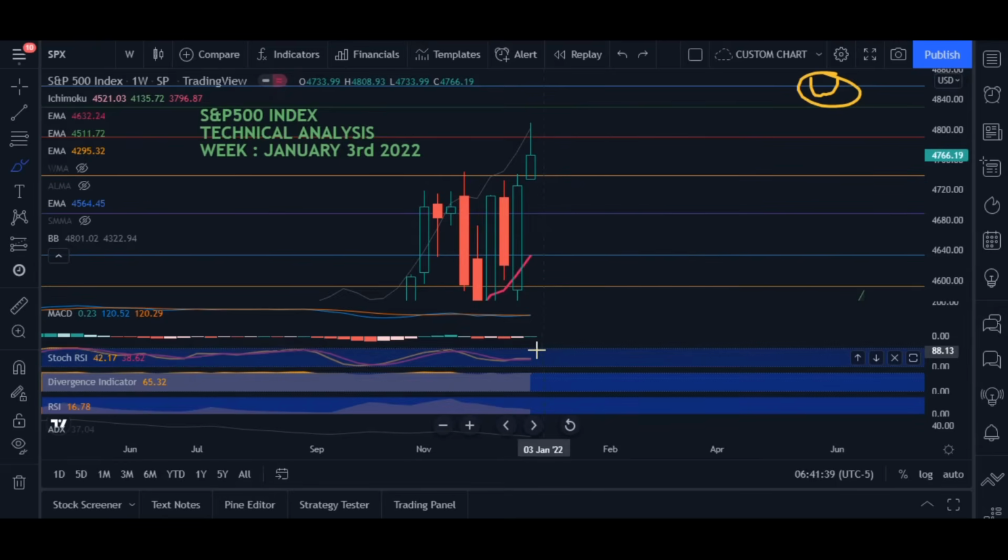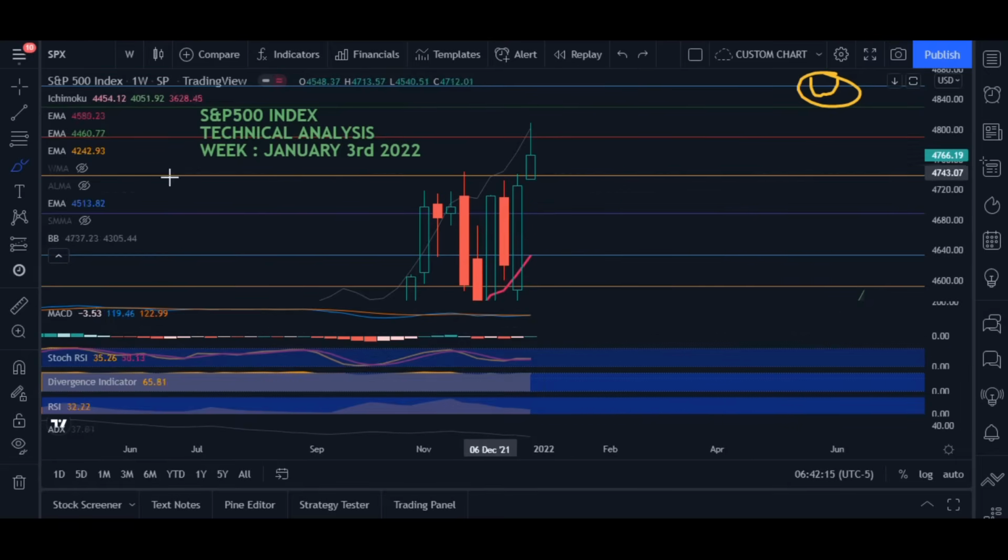Now comes the divergence. Finally we are seeing some movement in the divergence. The divergence is going to increase. Whenever divergence is around 70 or 71 or 72, that means the divergence is hitting the historical levels, and whenever it hits the historical levels, market comes down sharply. This has happened many times before, and this will happen again whenever market hits the divergence like